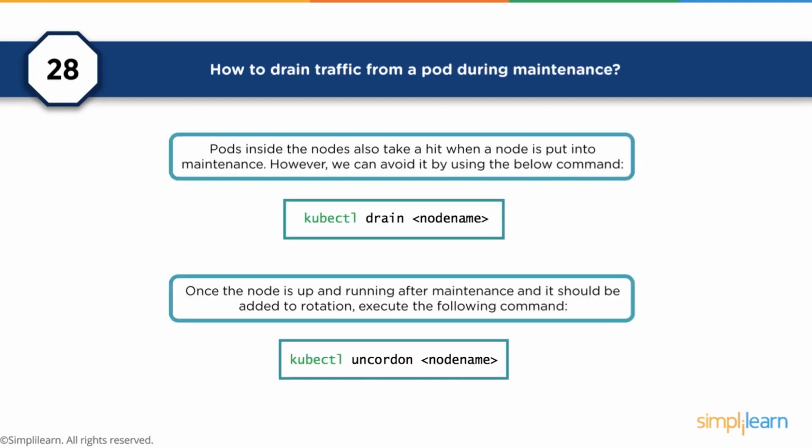So how do you drain traffic from a pod during maintenance? So again, this is a simple command for you to remember, but to be able to drain an application so that it's easy for you to be able to do maintenance on the application, you would use the kubectl drain and then in square brackets the node name, and that would then temporarily drain that particular pod so you can actually do maintenance on it. What you have to then, and this would probably give you bonus points if you're in an interview, is then reference the uncordon command so that you can uncordon the actual node itself so that the pod itself can come back up live and work as a fully functioning solution.